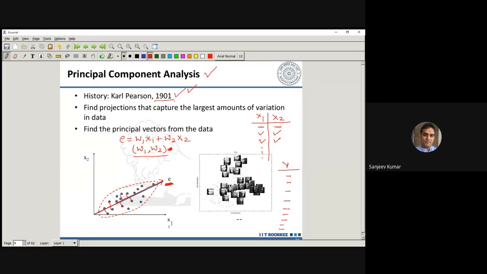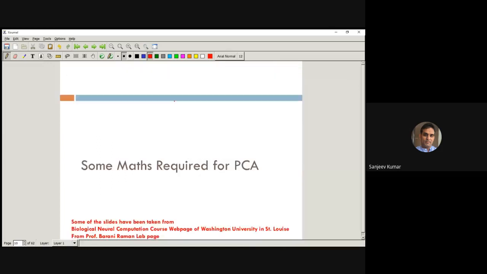Okay, so let us try to learn what PCA is. For that, I think all of you may not have the mathematical background, so we need a very small concept from mathematics, and I will introduce it in very layman language so that it is clear to everyone, because these concepts are the basis of this PCA. So whenever you have any doubt, you can interrupt me.